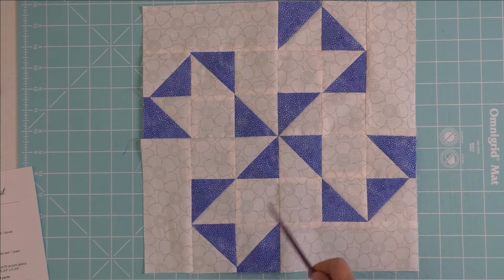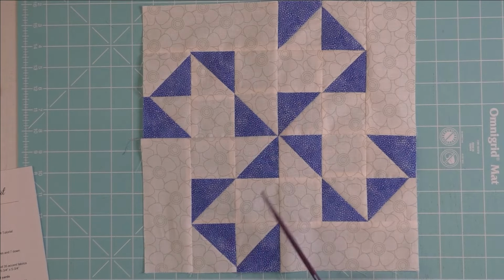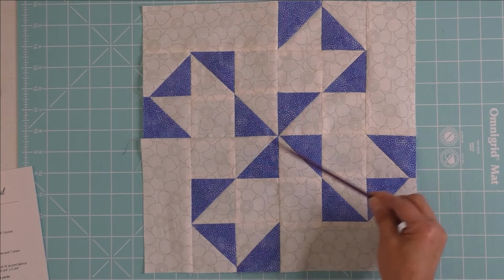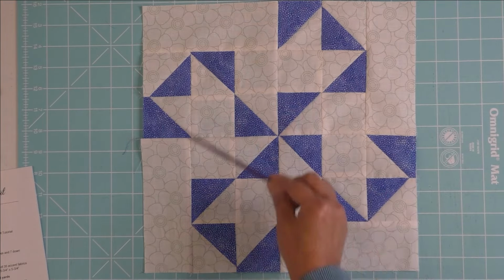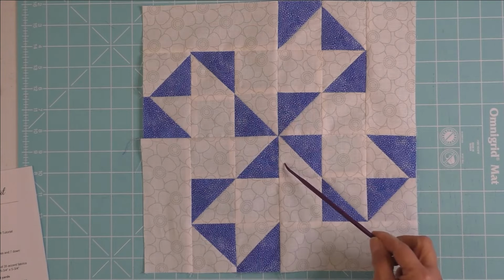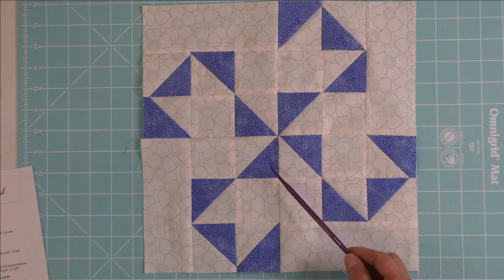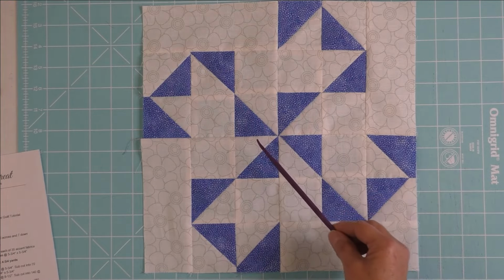The Oklahoma twister block is shown here in this sample using one accent fabric and one background fabric. There are so many different ways you can color this fabric because you see it has movement going through it like this, and it also has a pinwheel in the center. So the piece I'm going to show you in the demonstration is going to be like I made the quilt